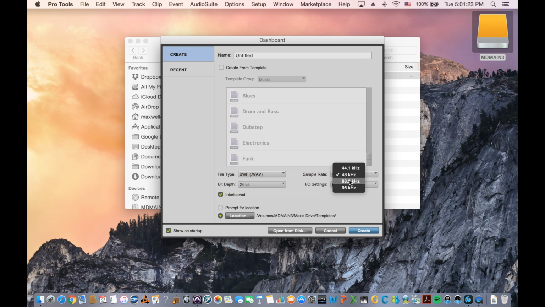Since that is an exact, 44.1 is half of 88.2. So conversion-wise, there's less of a chance for error. But I like to keep my session around there. Okay, so